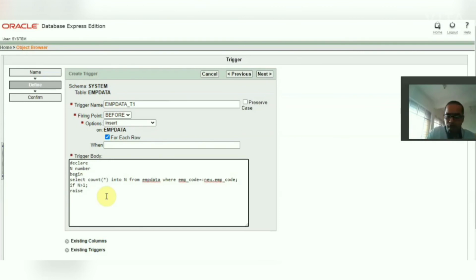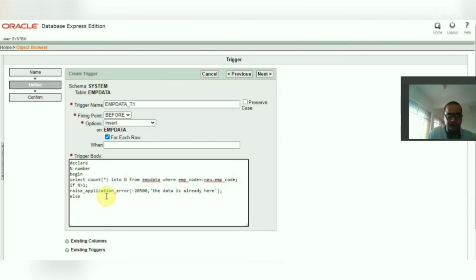I fire a raise application error. Here is raise application underscore error, minus 20500. This is the error code, and you can put your message here. So I put a message that data is already here, or whatever; you can choose your message.